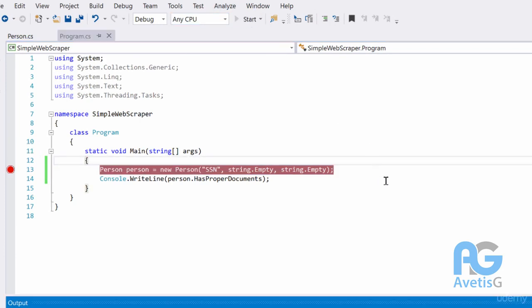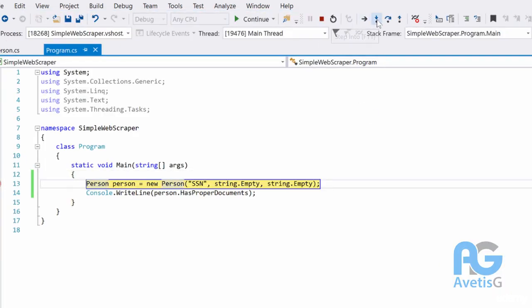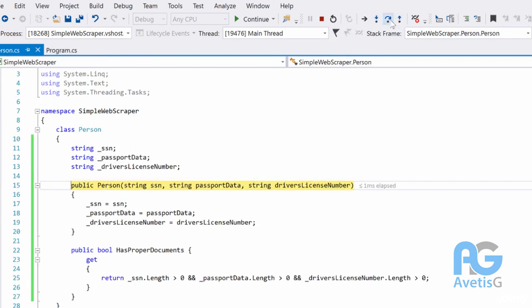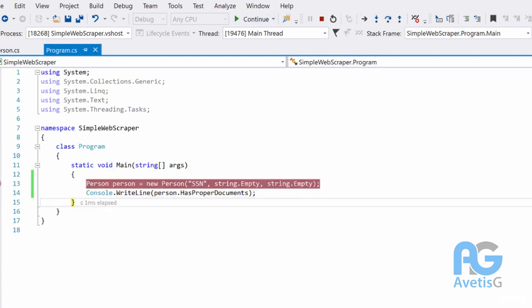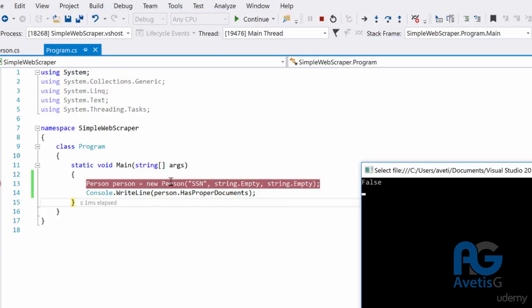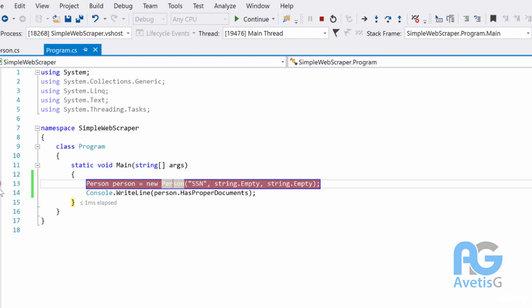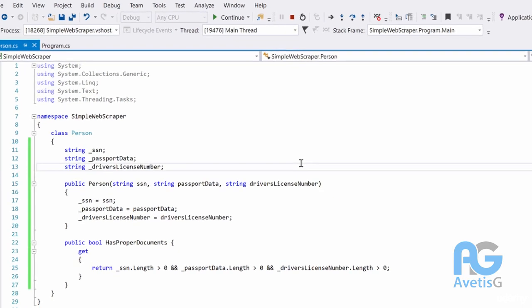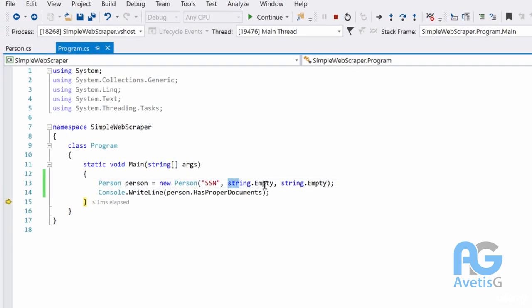So I will go through it. And then we will step into it, and see, it's assigning the values to the fields. And then once it's out, it'll say whether it's true or false. In this case, it's false, obviously, because it doesn't have the necessary documents, in this case the passport data and the driver's license number. But obviously, if I pass them in, so I will say data and more data,